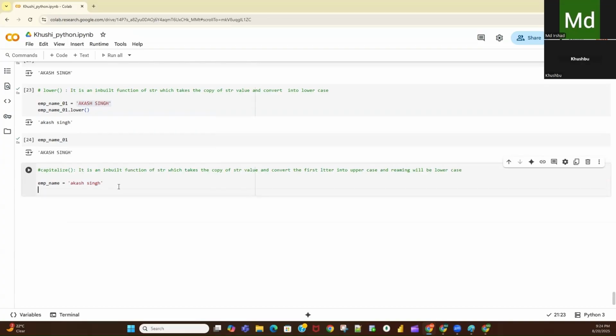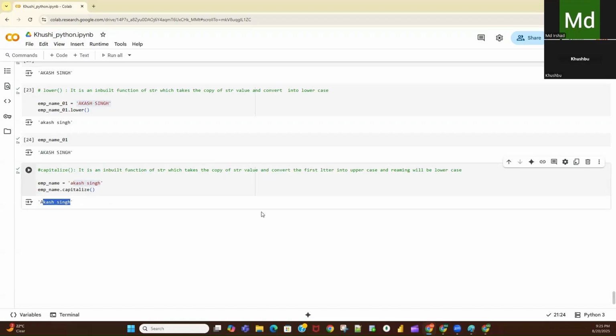Now, if I write employee name dot capitalize function, it will take the copy of this value and only convert this first letter, this A, into a capital letter, and the remaining will be lowercase only. So if I execute, you will see only A will be the capital letter and the remaining will be in lowercase. Only the first letter it will convert into uppercase.